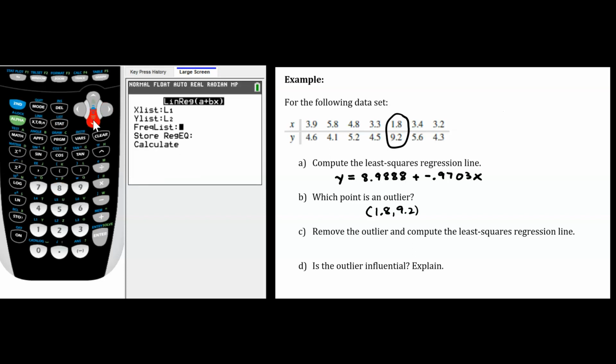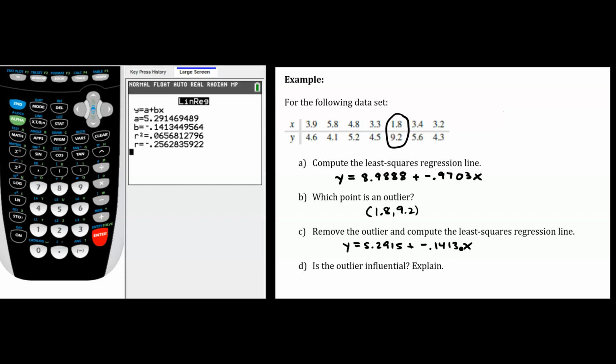This time we're going to store the regression equation into Y2, because we want to have both of the regression lines in there. So we press Vars, Y-Vars, Function, Y2, and then press Calculate. My new regression line is the following. Now y is equal to 5.2915 plus a negative